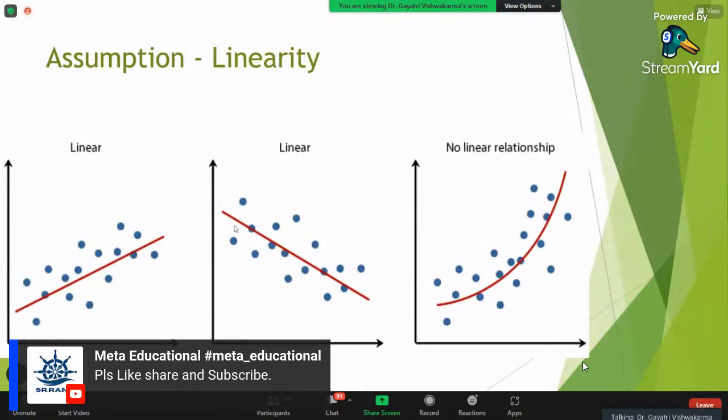The second graph shows a negative association. But the third one shows there is no linear relationship at all. In that case, you cannot apply linear regression. Instead, you have to apply non-linear regression: curvilinear, polynomial, different kinds.